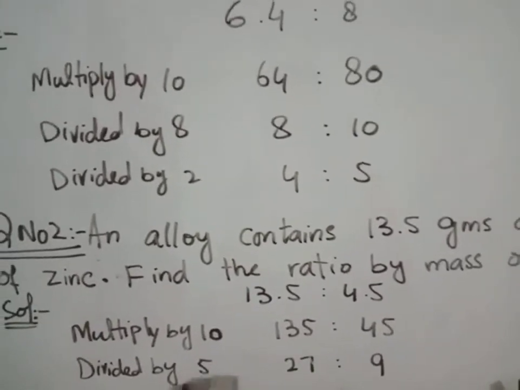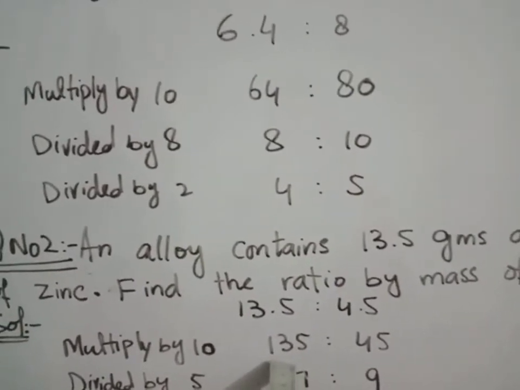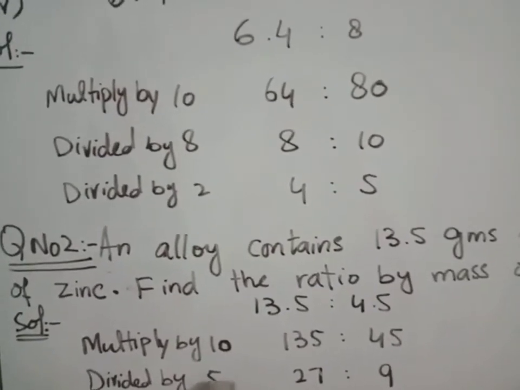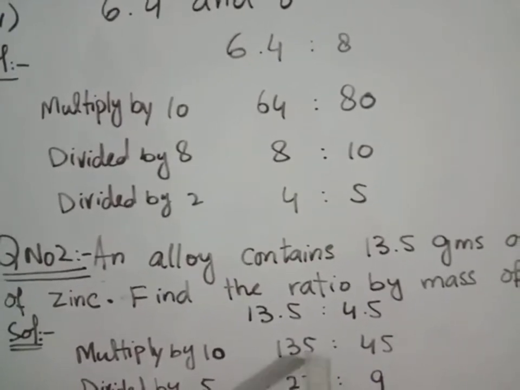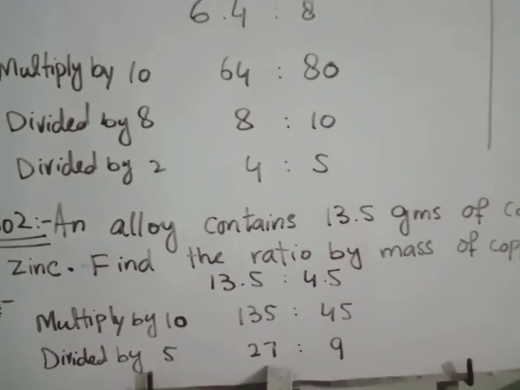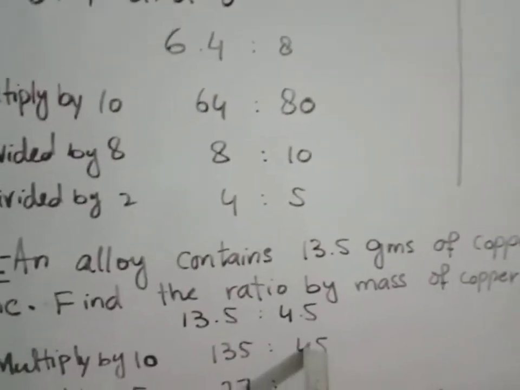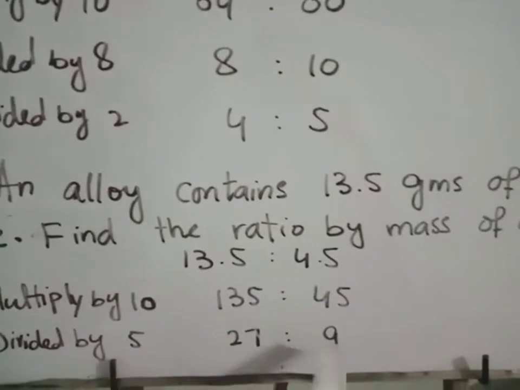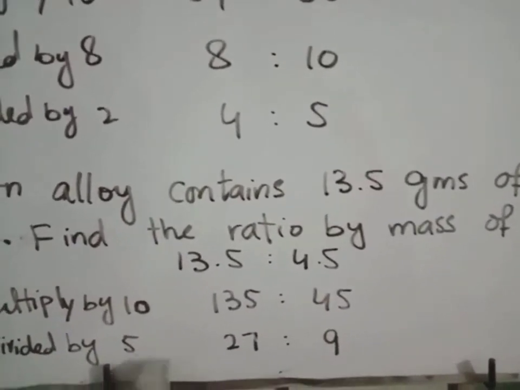Now in the table of 5, 30 does not come, so you will divide: 5 2s are 10, 3 is carried and goes to 5, 5 becomes 35. So 5 7s are 35. This is completely divided by 5. Now 45. You will read the table of 5: 5 9s are 45. So this is divided by 5.